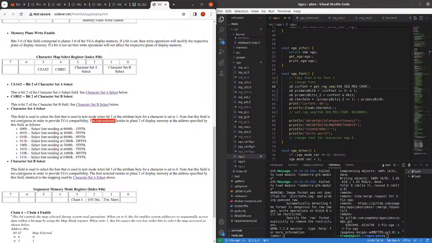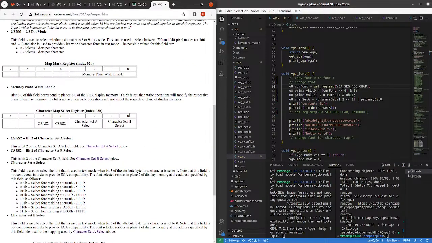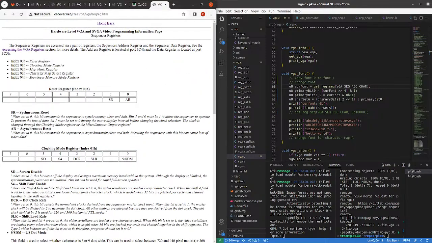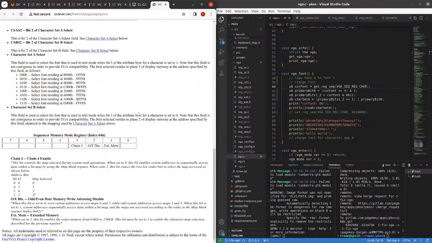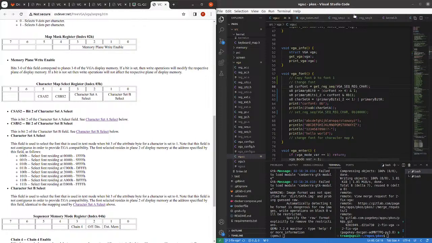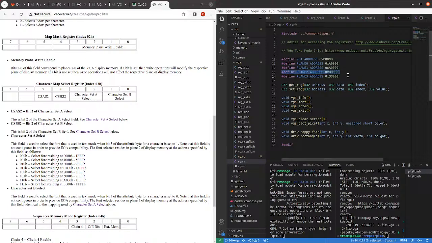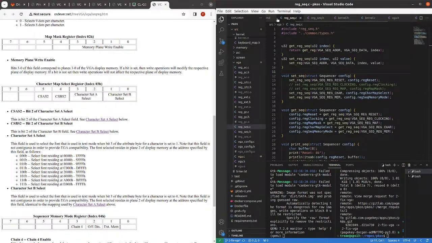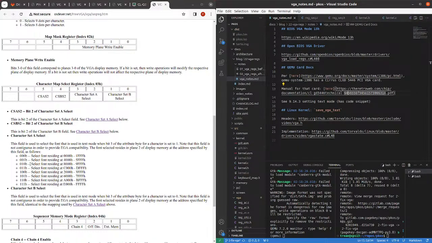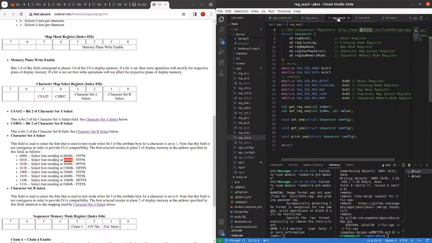So font selected resides in plane 2. Plane 2, it told us elsewhere, where did it tell us that? Oh, I have that as a constant somewhere. Here we go, plane 2. So that's B0000. If we take B0000, it's directly at B000. This other one is at 4000. So what we can do is, I'm